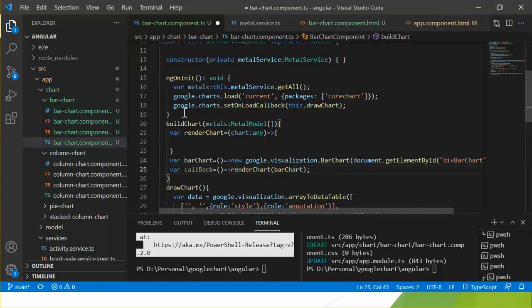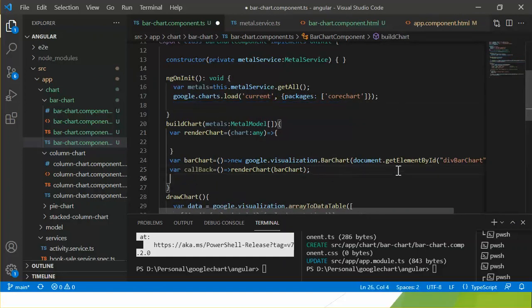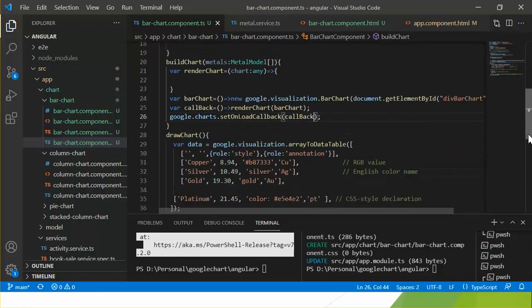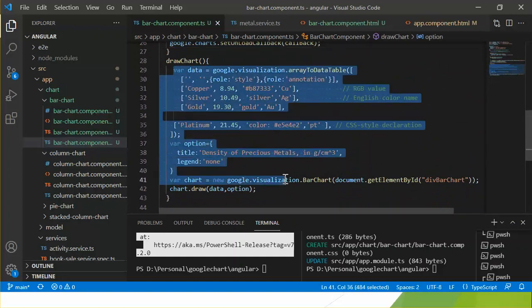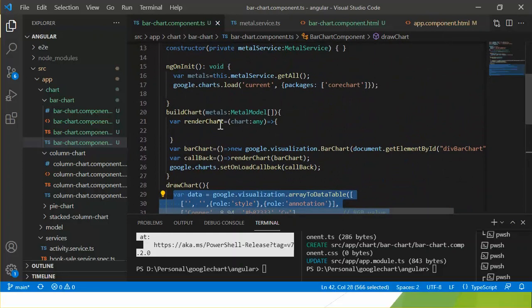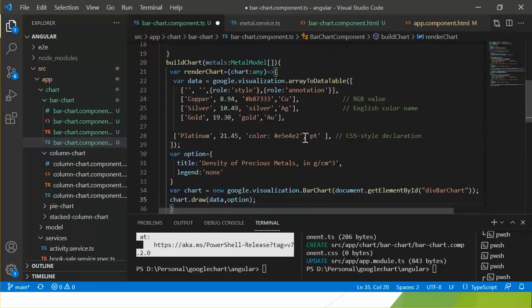Okay, and I replace this Google chart callback in here and pass this method instead of draw chart. And now I'm going to copy everything from here to here.